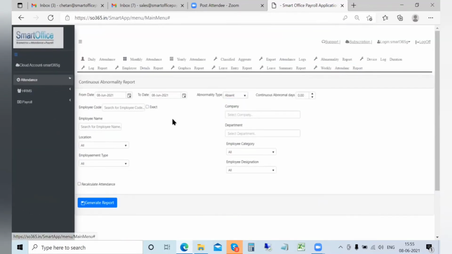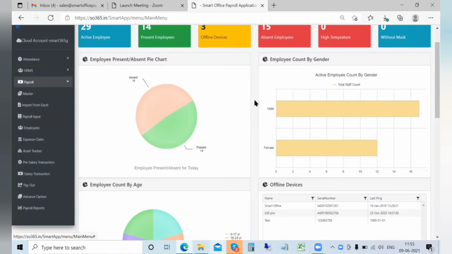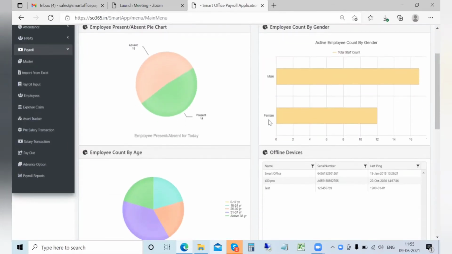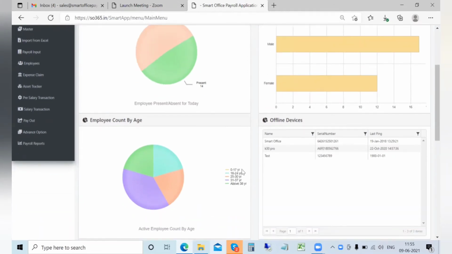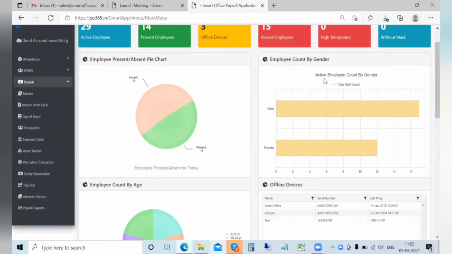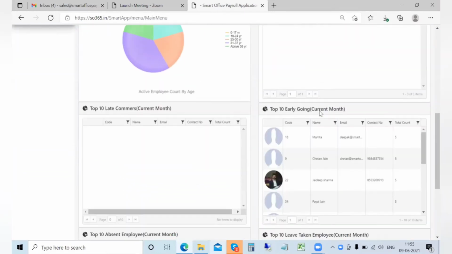Next, we will move to the payroll section. So we will now get started with the payroll part. As you see, the same similar dashboard options are available here, where you can see the active employees, present employees, offline devices, and then people who are present or absent today. What is the classification or the bifurcation of male and female employees, and those kind of details.